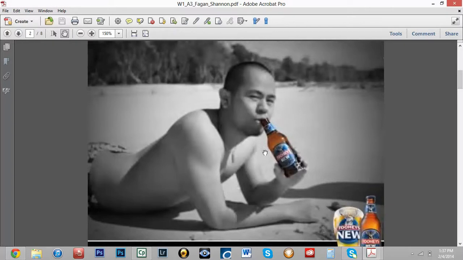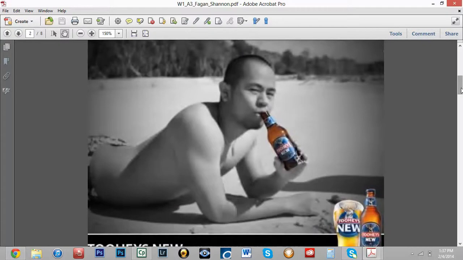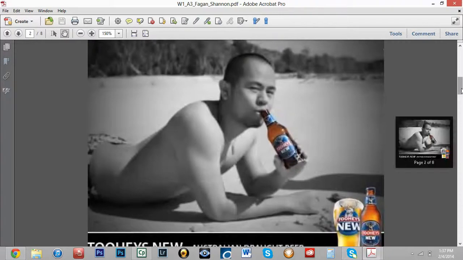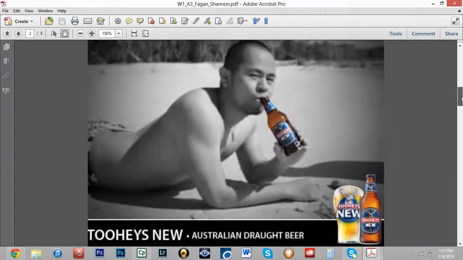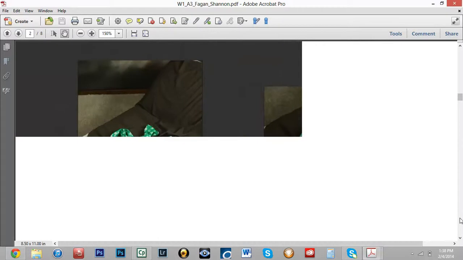And then this is definitely selective desaturation. This background photo though is really kind of blurry. Maybe it's just how it looks on my screen. Tooheys? I don't think I've ever heard of Tooheys. Beer? Yeah. It's from Australia, apparently. All right, well, those are both pretty good